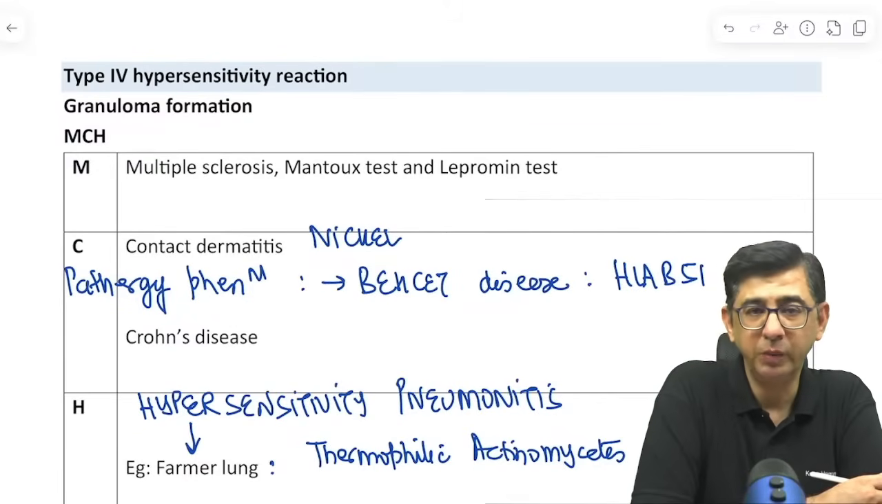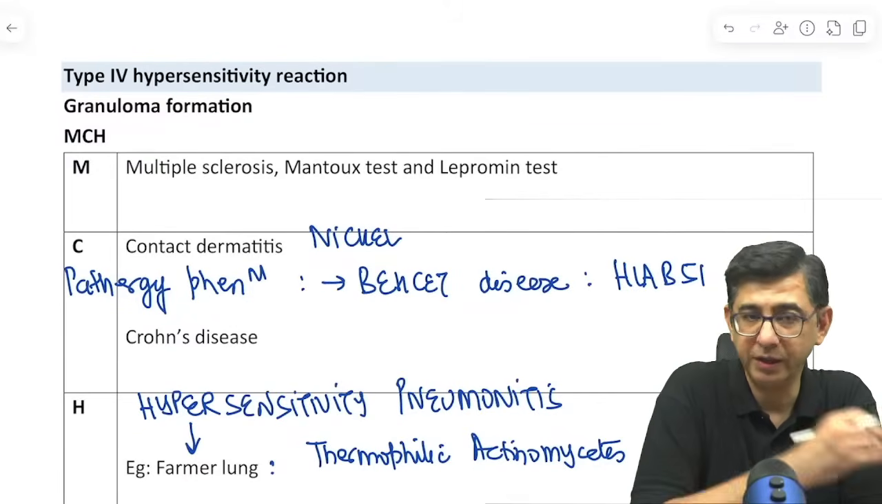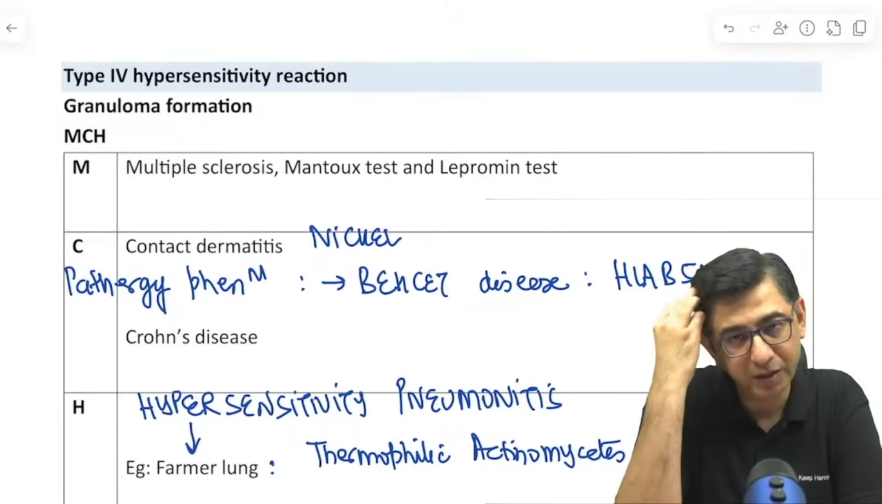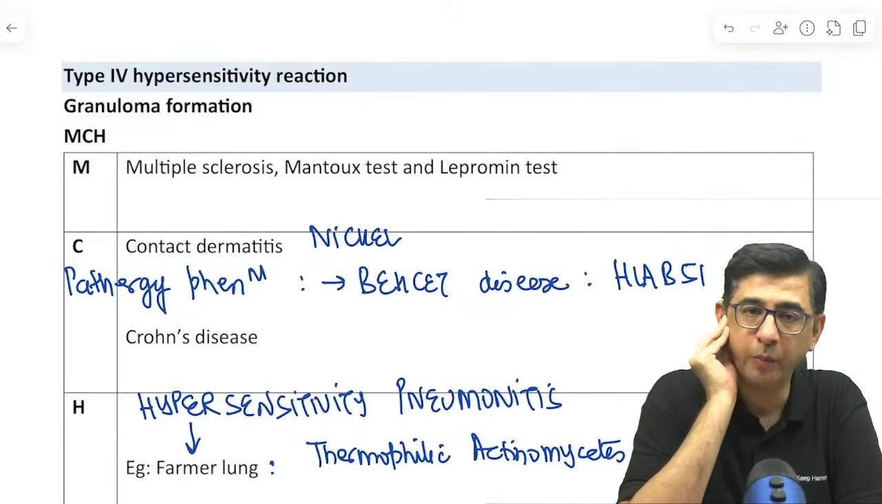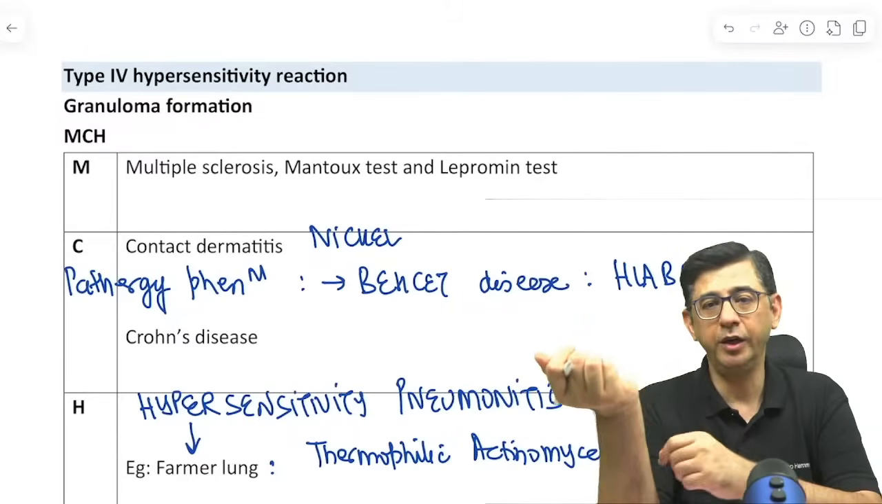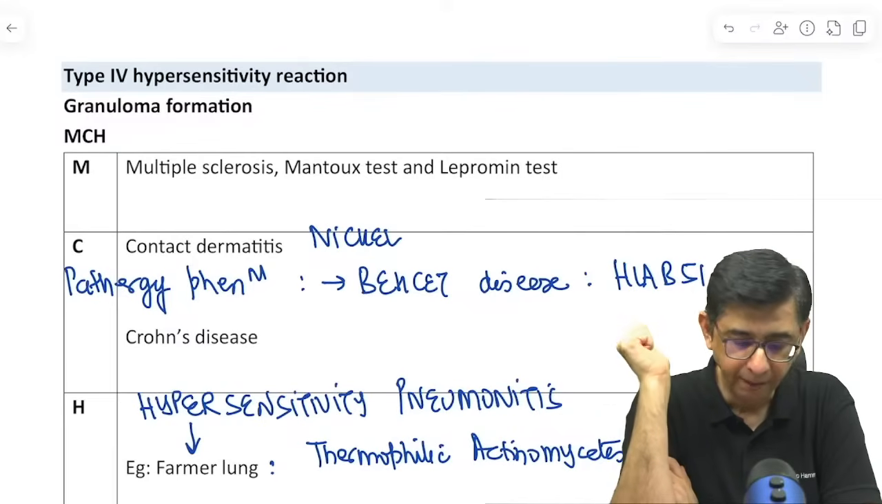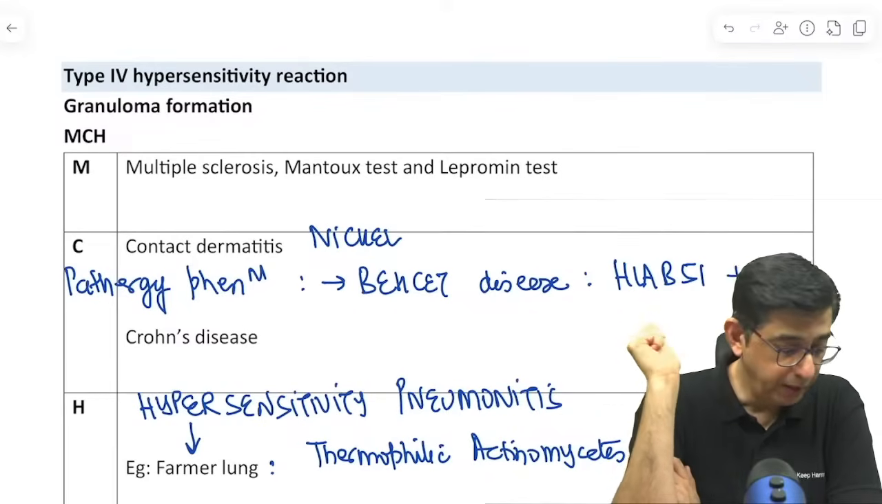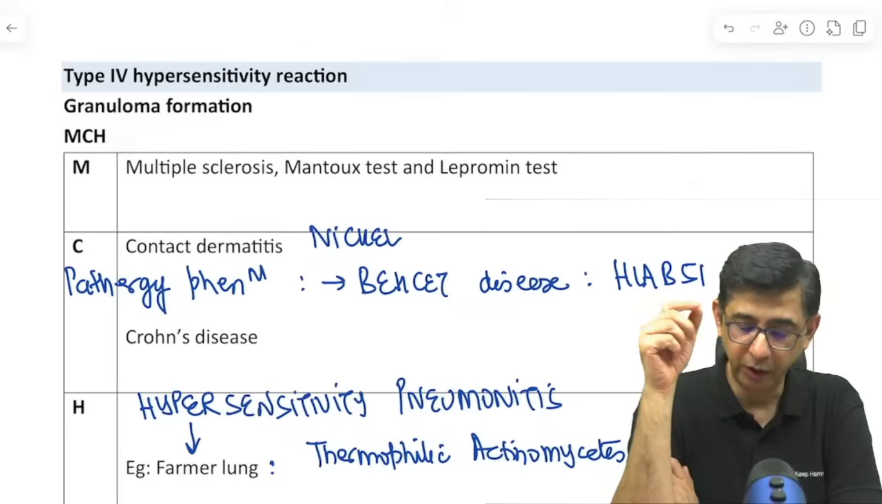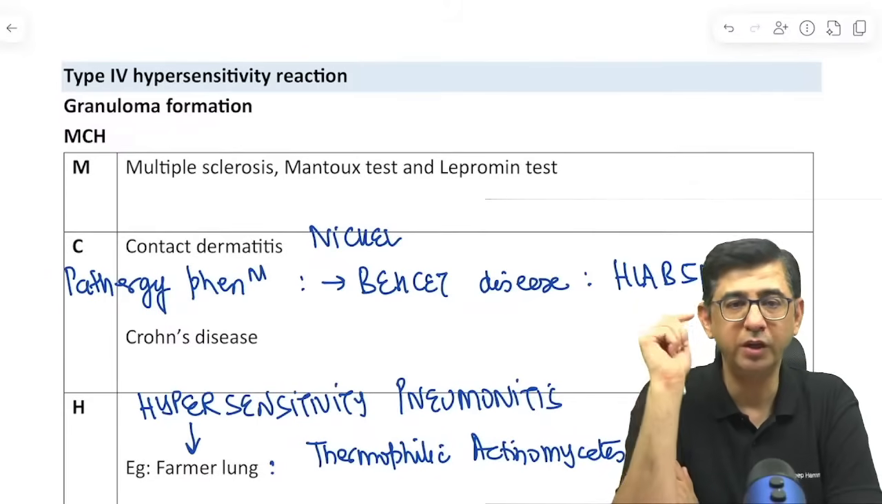So the patch test that I wrote, that is for contact dermatitis. Patch test is for contact dermatitis and it is pathology test or pathology phenomenon where you use a sterile needle and you make a prick on the forearm of the patient. That was for Behçet's disease. And yeah, I think it's now clear it is thermophilic actinomycetes and it is not aspergillus as we